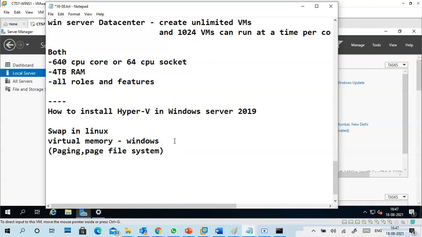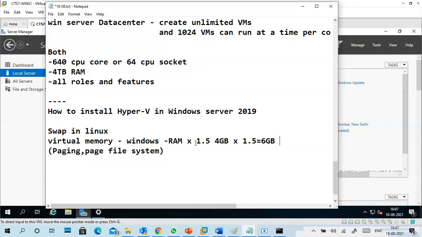In Windows, virtual memory is always on disk, so we have to go through it like this: your RAM size into 1.5. My RAM size is 4 GB into 1.5, so how much is that? 6 GB.